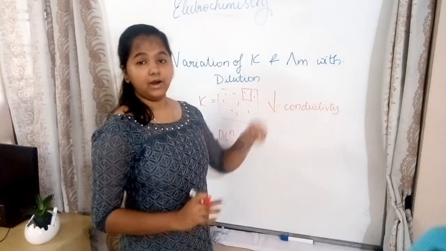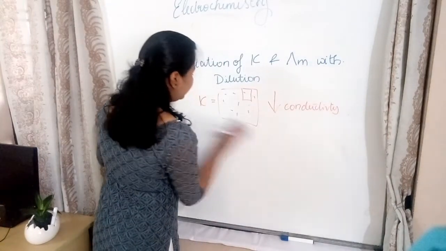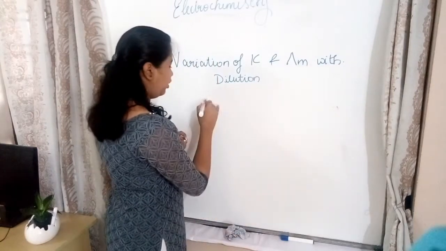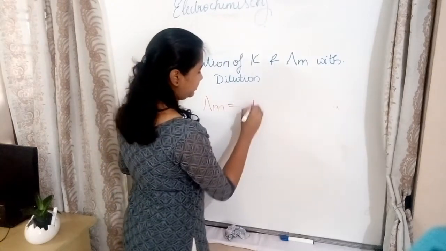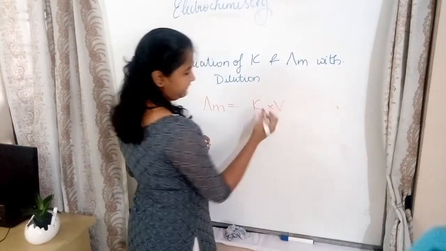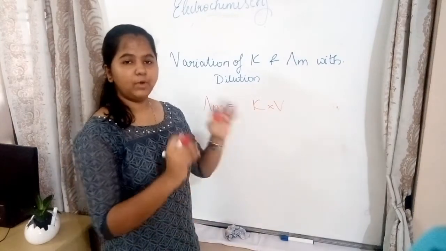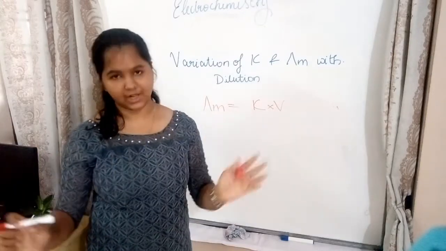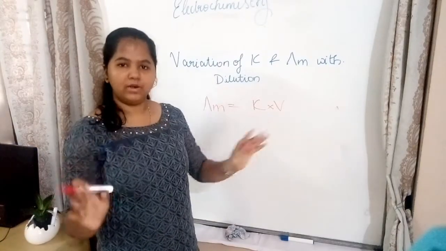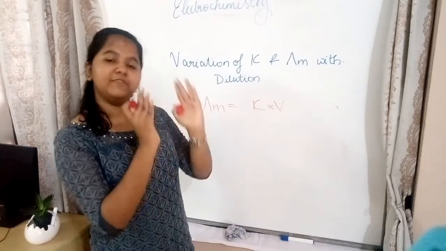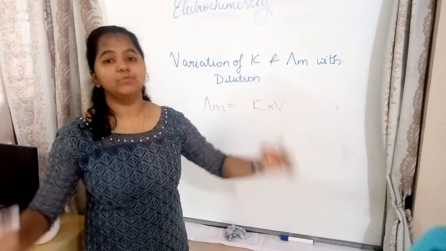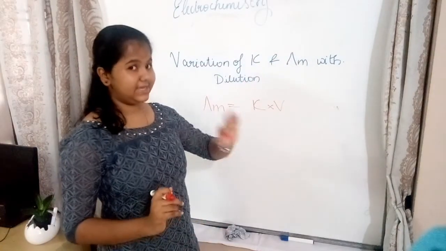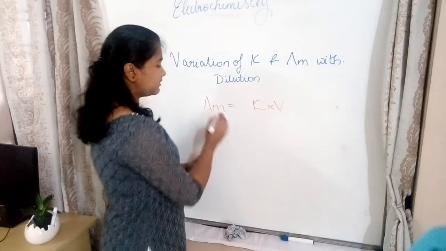Now it is the case of molar conductivity. To talk about molar conductivity, we know that molar conductivity is equal to kappa into V. Molar conductivity is the conductivity of 1 mole of electrolyte. So there is no change actually, because 1 mole is 1 mole. Whether it is in 1 centimeter cube or in 1 meter cube, there is 1 mole. All the calculation is the same with molar conductivity, lambda m.